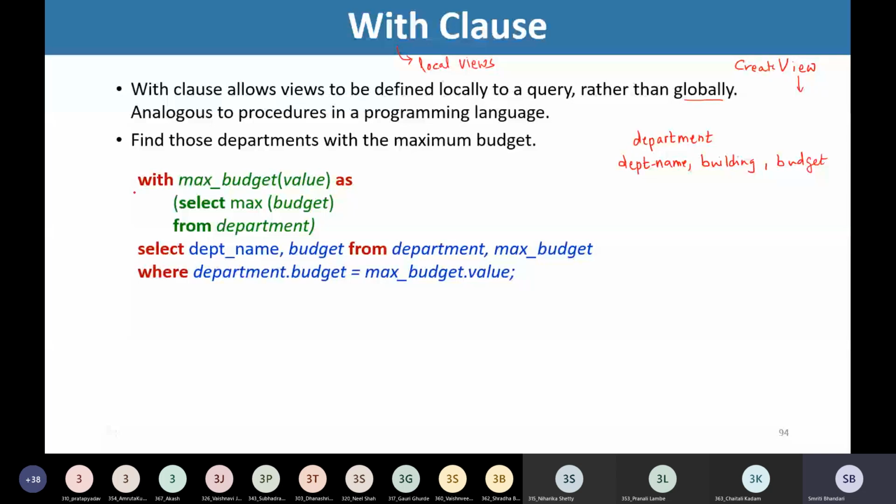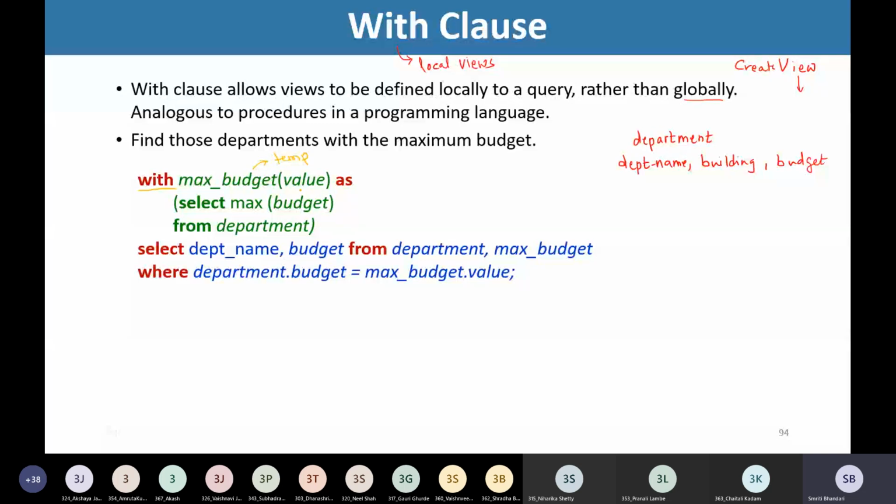So see here how we have written this query. We are making use of this with clause. With max budget, in parenthesis we write value, as. So this is as good as creating a temporary view or a temporary relation with the name max budget, with the list of attributes.